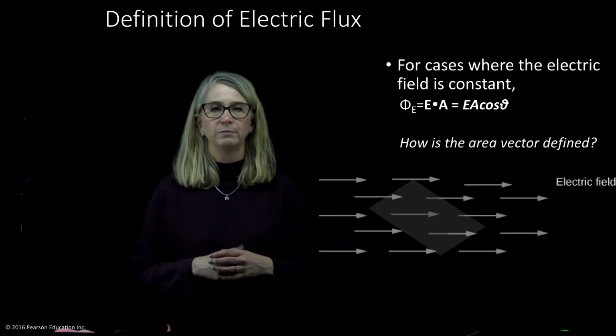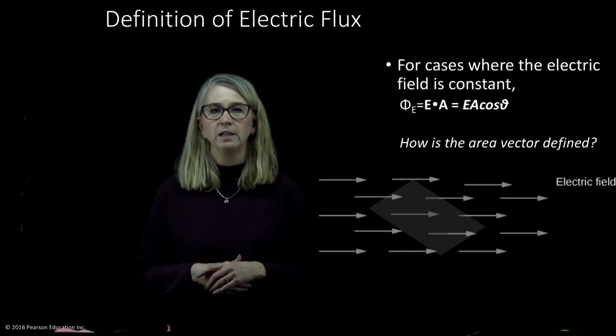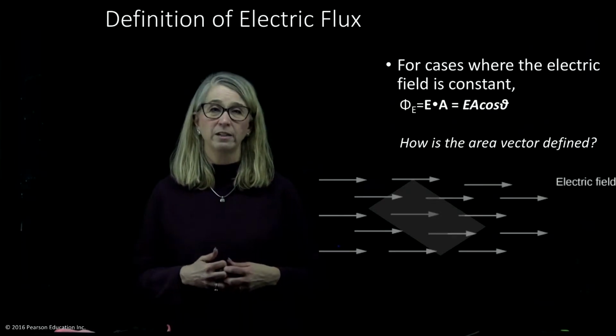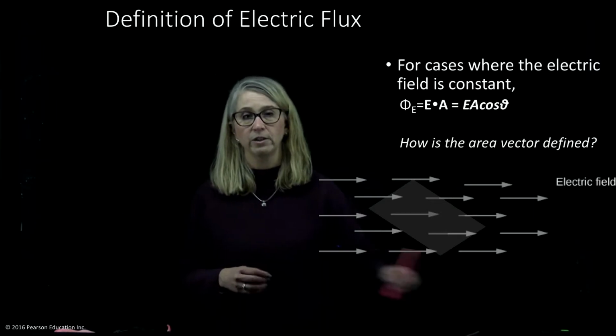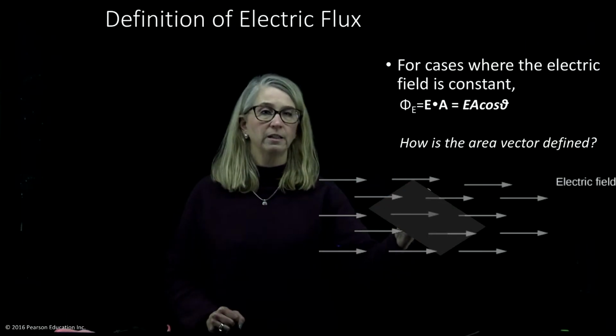Okay, so the definition of electric flux: we use a capital Phi to represent electric flux, and it's a dot product of the electric field vector and the area vector. Again, here's this area vector. So how do we define it? So we're sort of imagining,